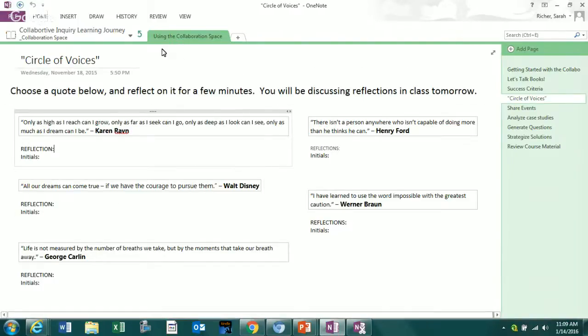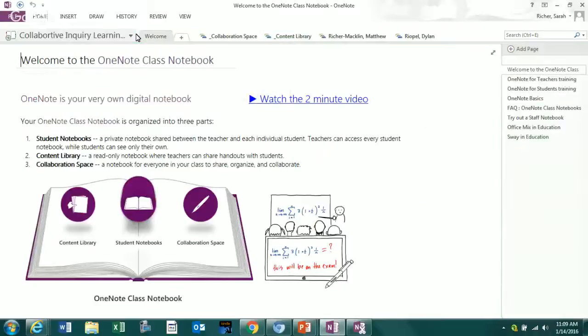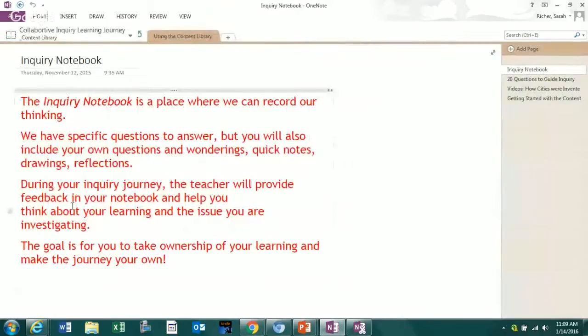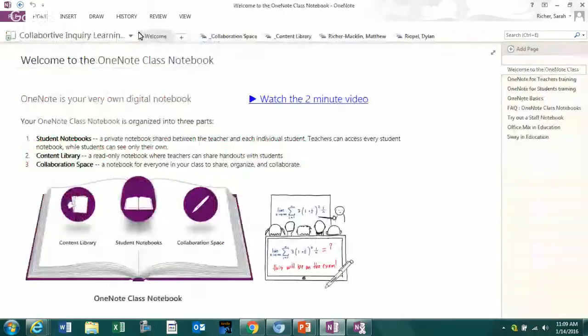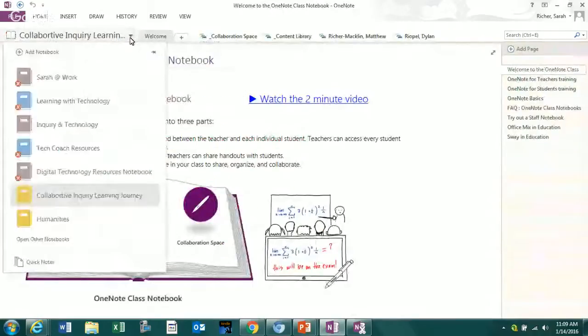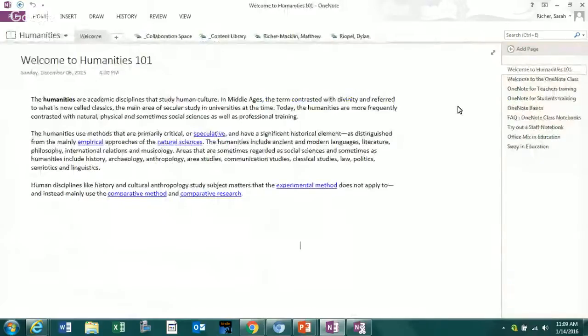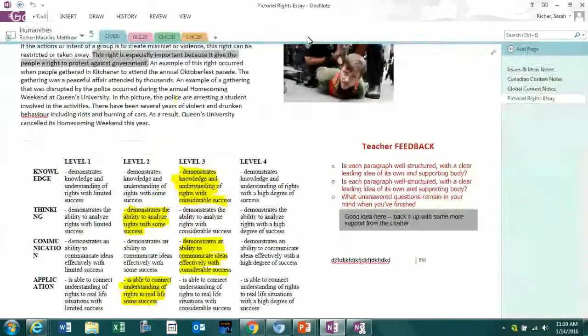Another idea, and just keeping it simple here, I just want to show you the content library. Here is just letting the students know what that's about and what that looks like. I'm just going to move. So here we go. When I move into the students, I can see that they have their tabs for the